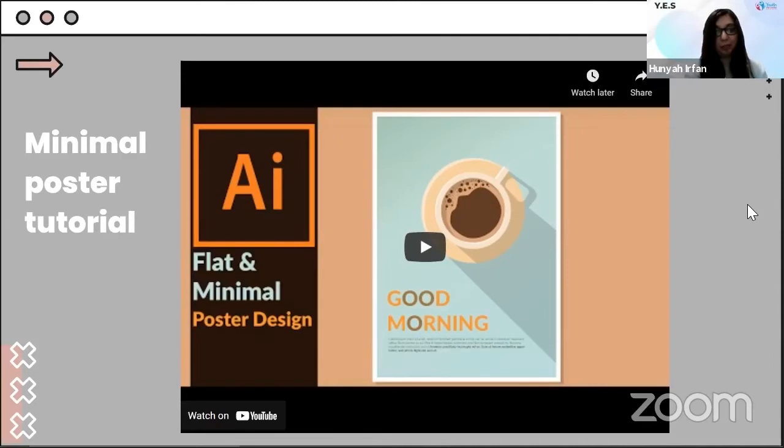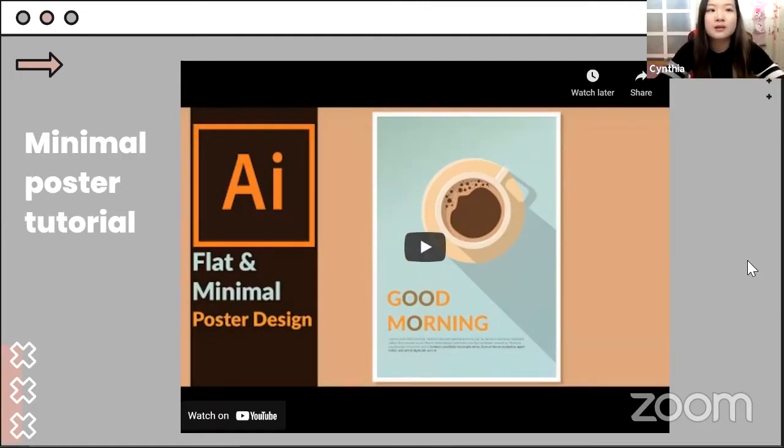Very good. Yeah, so I think that this tutorial really demonstrates the usage of layout, imagery, color, and typography. And what I get from looking at this poster itself is that it's very calming, very laid back, and the text is easy to look at as well.